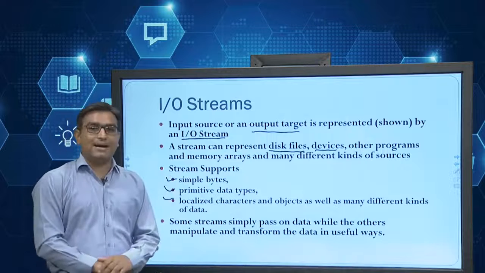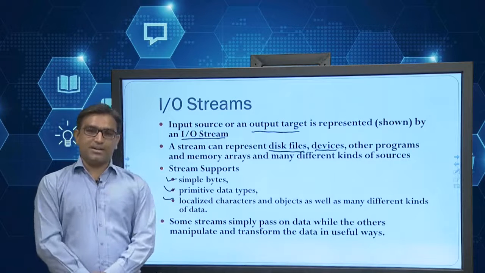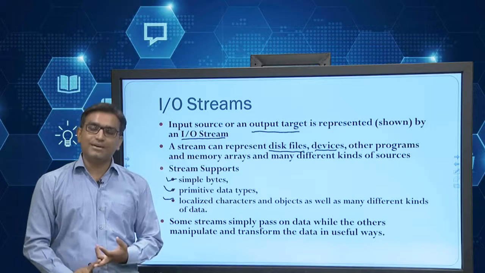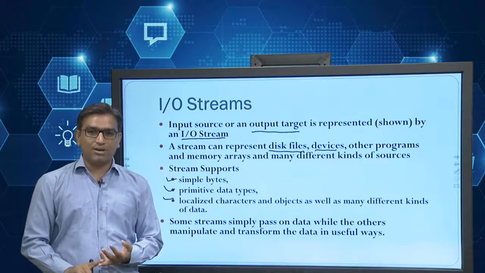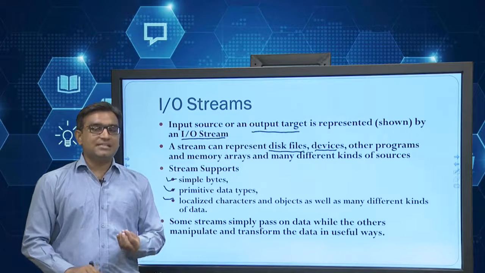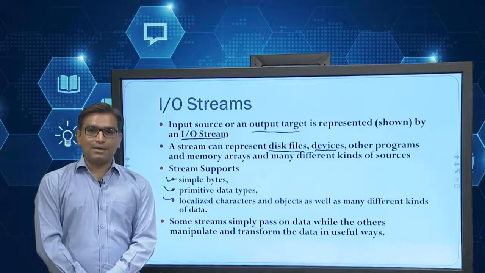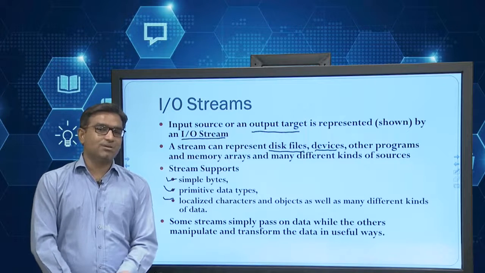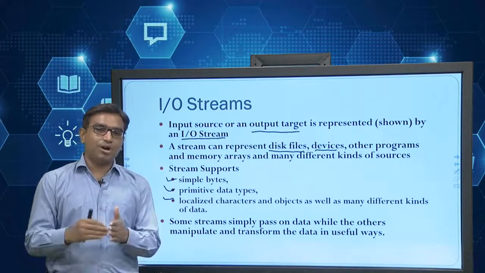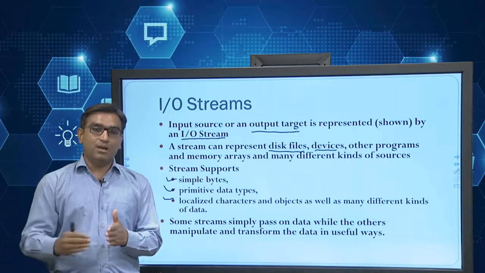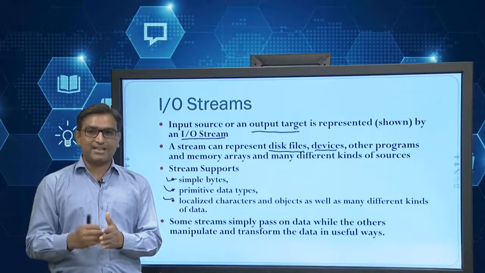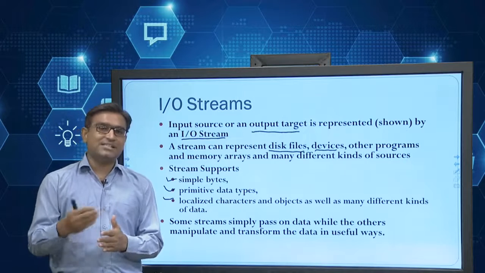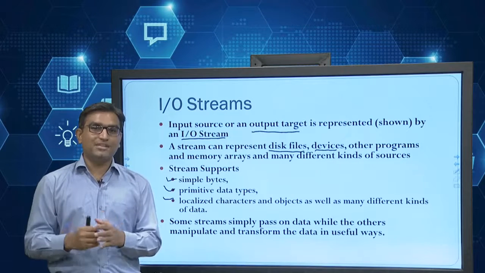Now simple bytes, that means normal, without any extra part of the data, like normal A to Z operations, capital and small, numeric operations, and selected specialized characters. Like what kind of specialized characters? Single quotation, double quotation, less than symbol, greater than symbol. All these operations can be performed easily. White space character is also part of the operation as an input part, but we cannot easily see that, so it's just part of the assumption.